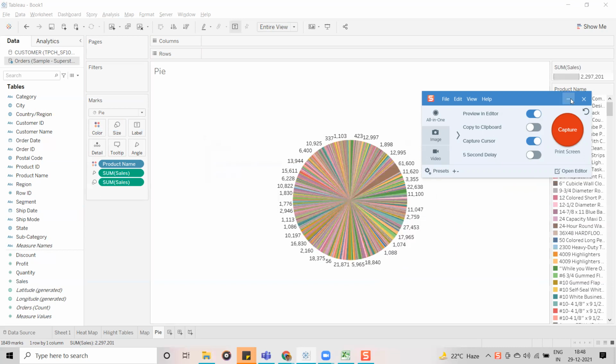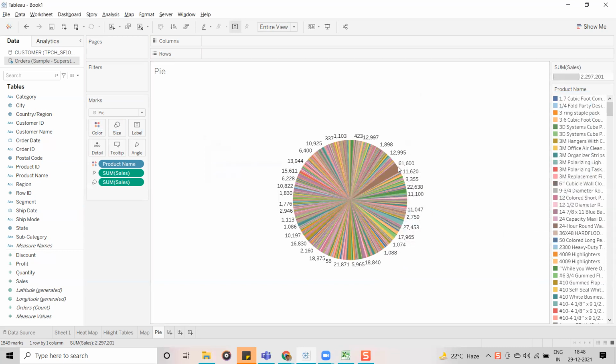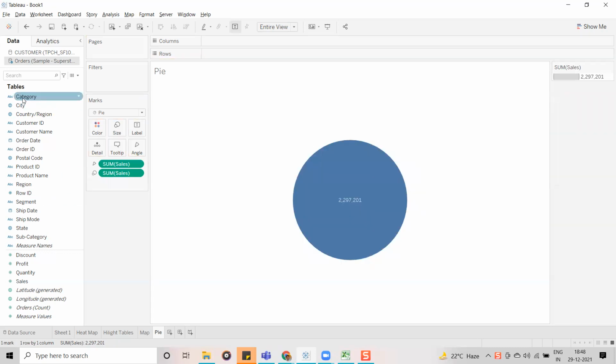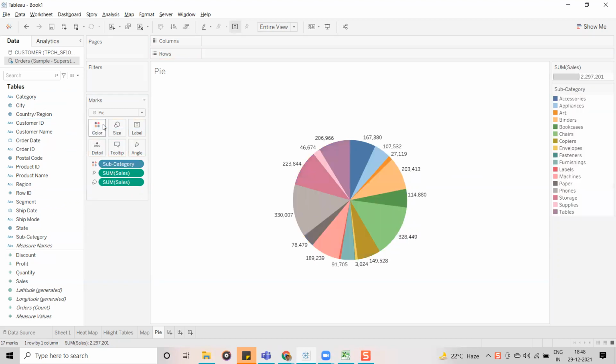So whatever data members you are showing, they should be limited. If you have more data members, then a pie chart is not suitable. Always remember this: with a limited number of data members only, we can create a pie chart and it is more readable.